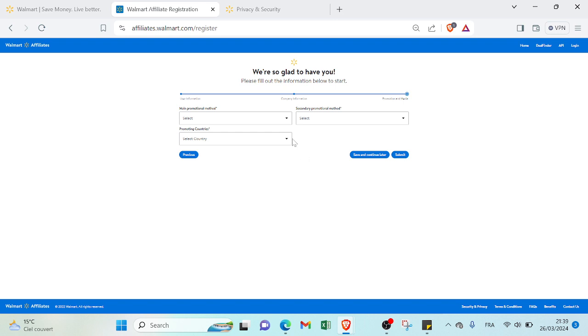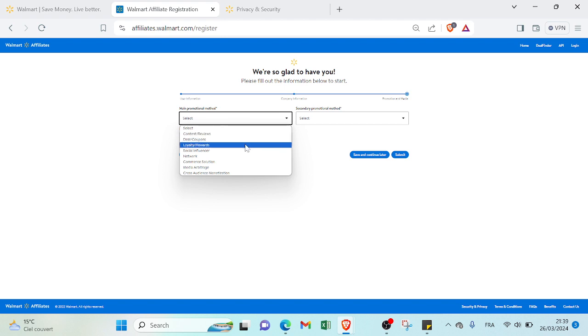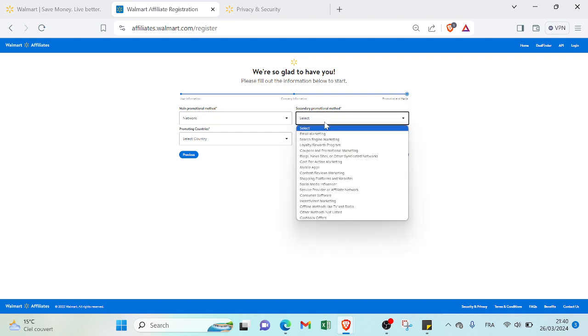We have here main promotional method. As you can see, there are various methods here. We have here content reviews, deal coupons, loyalty rewards, social influencer, network, commerce solution, media arbitrage, cross audience monetization. You will choose the one that suits you more and the one that will help you more to earn your money. So for example, we'll choose here network and then moving to the secondary promotional method. As you can see, there are a lot of methods here. We have here email marketing, search engine marketing, loyalty rewards program, and whatever promotional method you can choose, that one